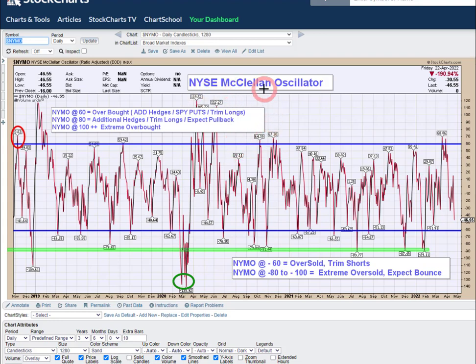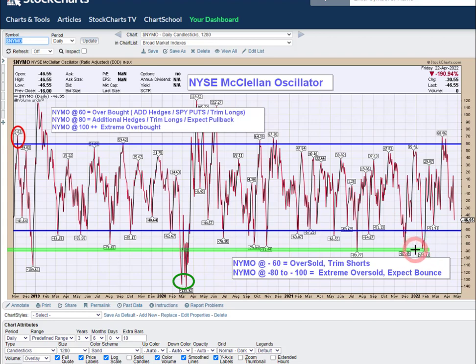I put a lot of faith in these McClellan oscillators at the extremes. We came out of an extreme overbought. Now we're on the way down, and we're down here at minus 46 with 2 hard days of selling. I think we got more to go to the downside. Start raising your caution level if you're short as NIMO moves below minus 60. You can see that in the most recent history there have been a lot of reversals along the line of minus 60, but also